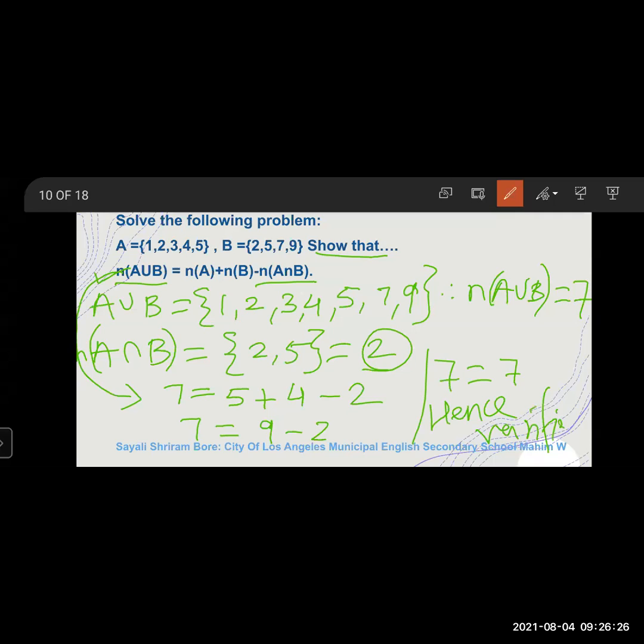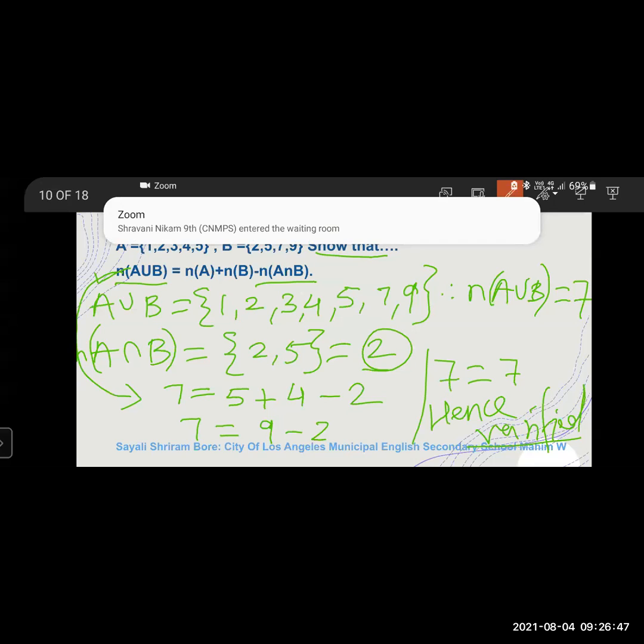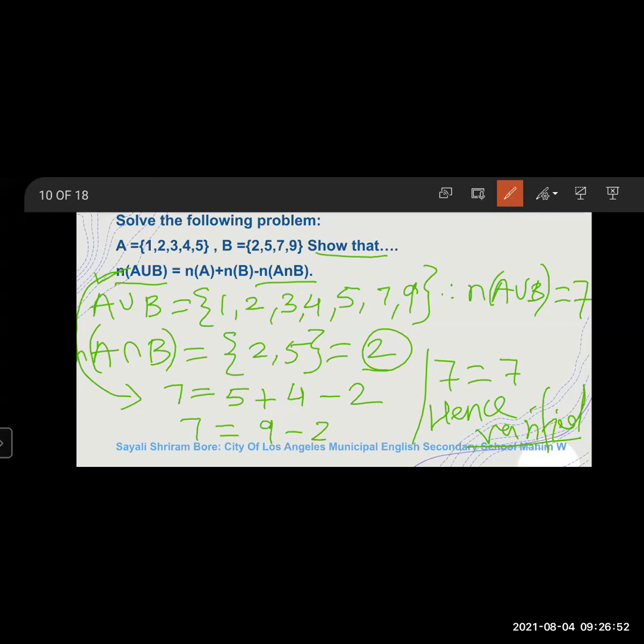This you can write down. Now it's a simple example, but students, this example carries 2 to 3 marks. So just practice this type of example so that you can easily score good marks. Because here elements are given, simply you have to write the number of elements present in each set and substitute in the formula.